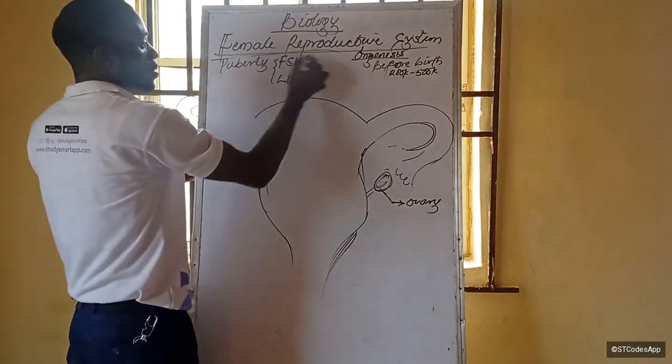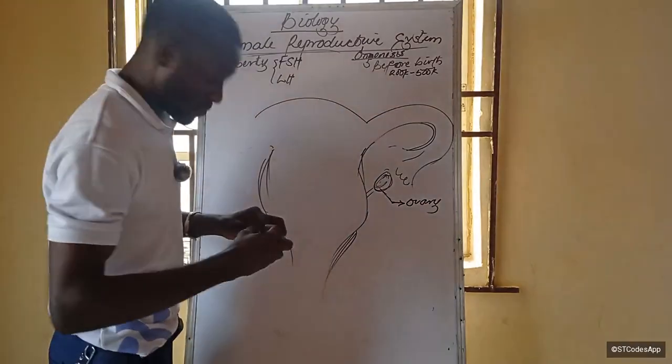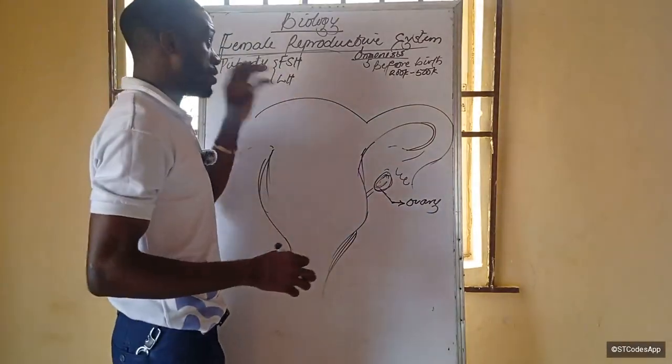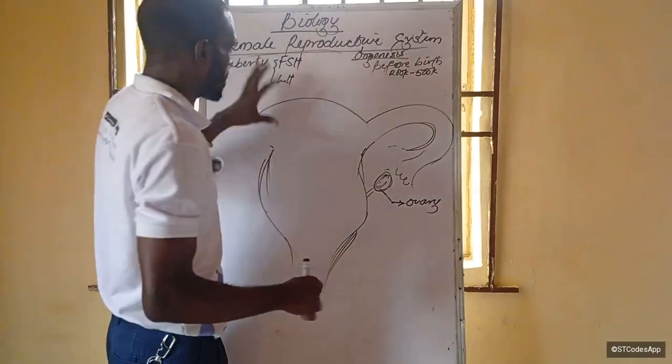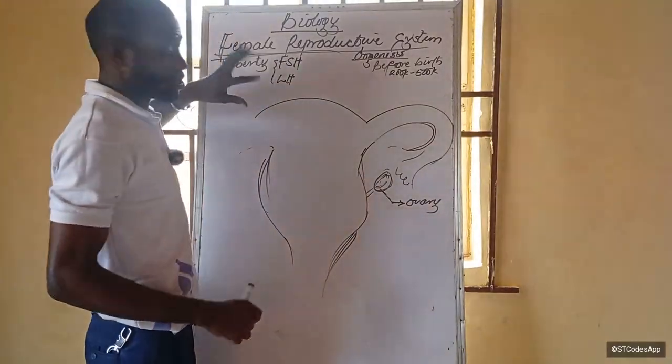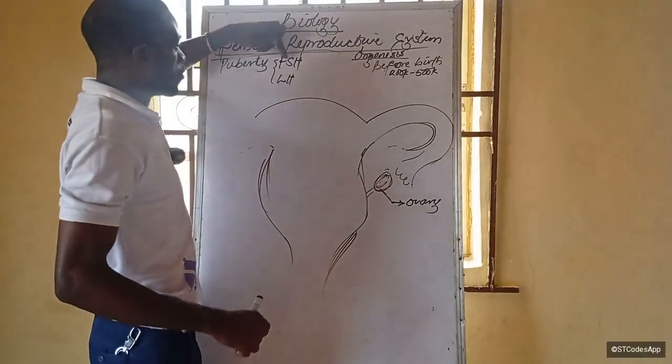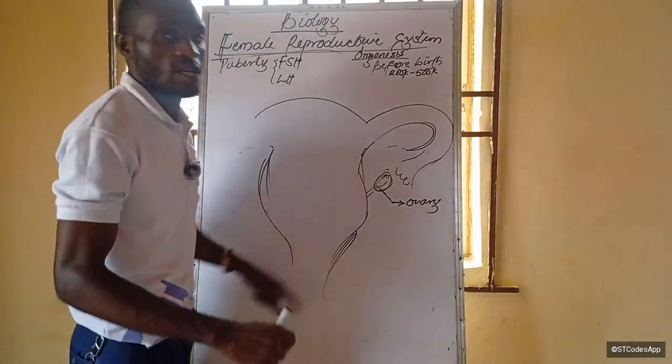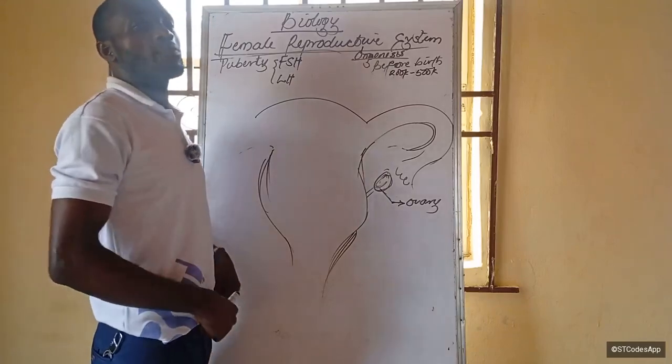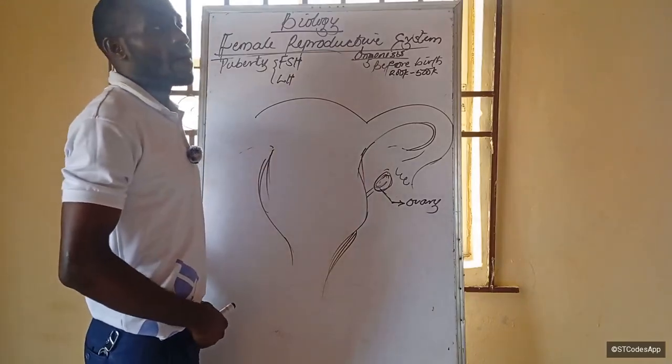Now, the FSH is called the follicle stimulating hormone. Do check out my video on hormones, and you're going to understand hormones better. But I'll be talking about just these two. The FSH is the hormone that goes to the ovary to tell it to stimulate the maturation of